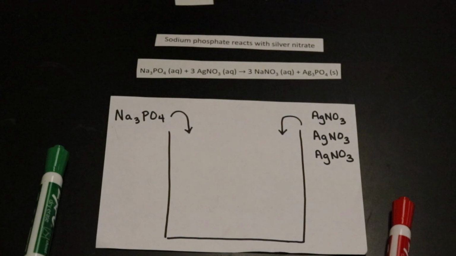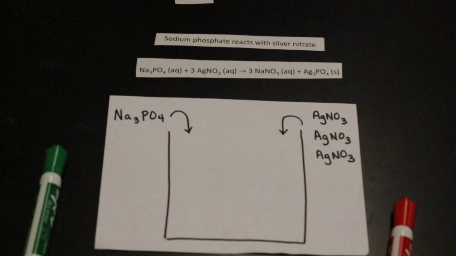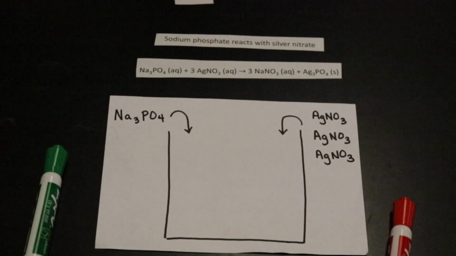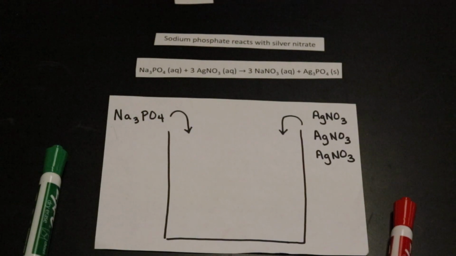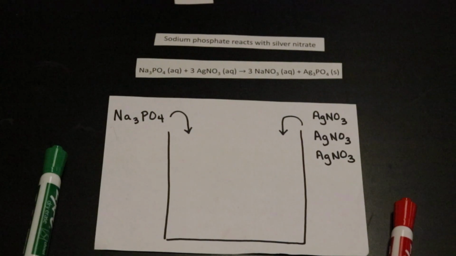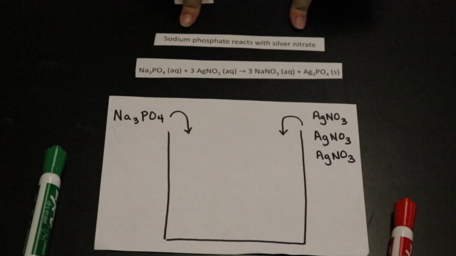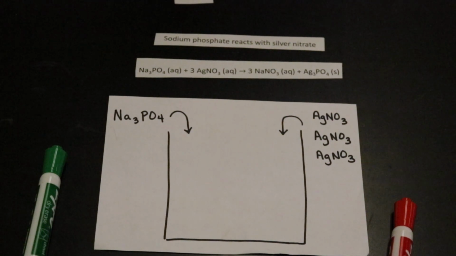Today what we're going to be talking about is understanding balanced chemical equations, complete ionic equations, and net ionic equations. So we have this word problem: sodium phosphate reacts with silver nitrate. And we know that sodium phosphate is a compound and that silver nitrate is a compound. Anytime we are starting with a compound and a compound, this indicates that we are dealing with a double displacement